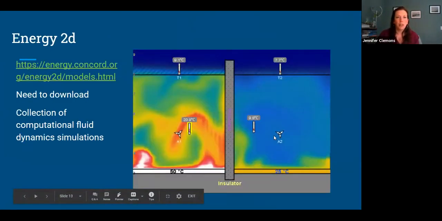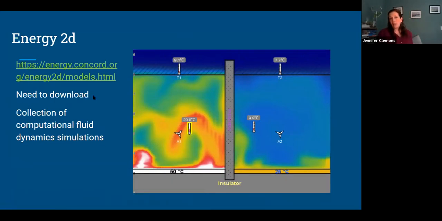So this is an example of the Energy2D software. Now you need to download it. The last time I taught this course, we were able to use the web version, I think using Java. I told my students a week ahead of time, I need you all to download this, make sure you test it out, make sure you're able to do it for the class time. A couple students had problems with Java and so on,